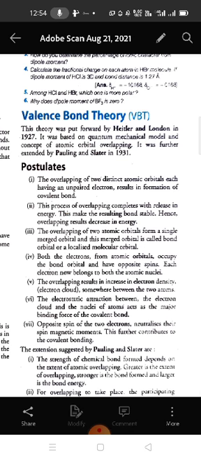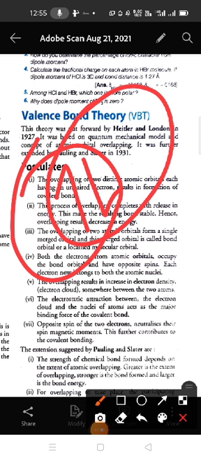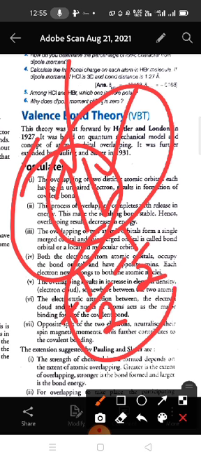next postulate is the opposite spin of two electrons neutralizes their spin magnetic moments. This further contributes to the covalent bonding. So we will form an orbital like this. Now these spins are opposite. Why? Because they will neutralize each other. Okay,